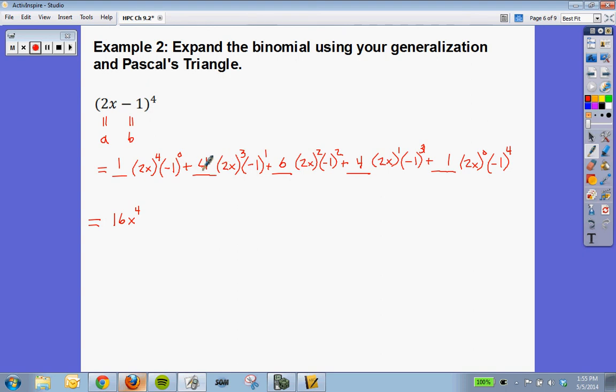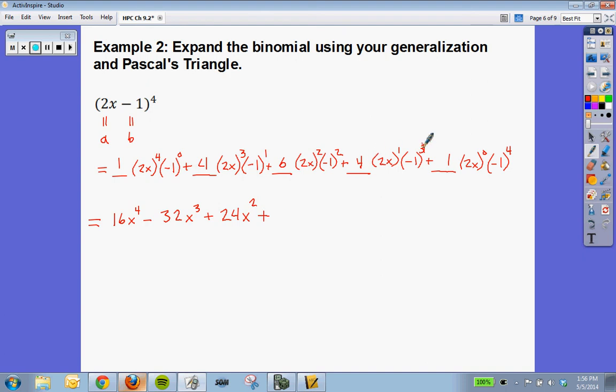Times 4 is a 32, but then we have a negative 1 to the 1st. That's a minus 32x to the 3rd there. Next one is going to be a plus, because we have the negative 1 squared, and then we have a 2 times 2 is 4, times 6 is 24, so we have a 24x to the 2nd,